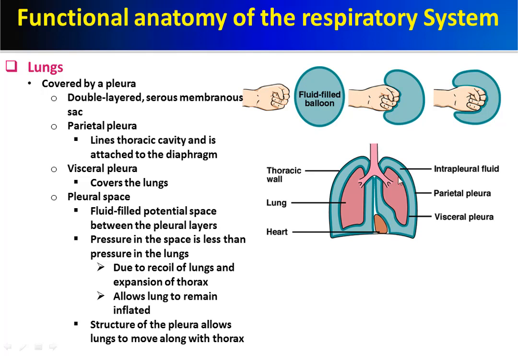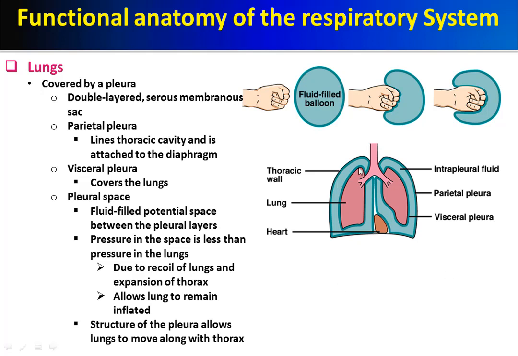Now the pressure in this pleural sac is subatmospheric pressure. It is below the atmospheric pressure. You know, the pressure in the atmosphere, this is the pressure which we are all exposed to, and this is equivalent to 760 millimeters of mercury. If we have a container of mercury and an inverted tube, mercury will elevate in this inverted tube 760 millimeters because of the weight of the atmosphere, and this is what we call the atmospheric pressure, or simply zero pressure.